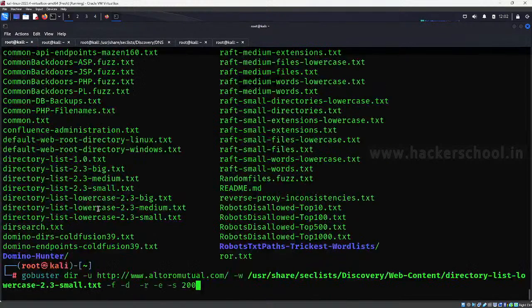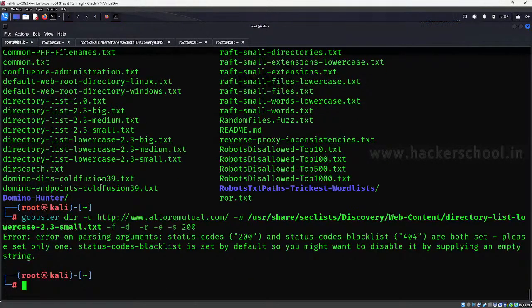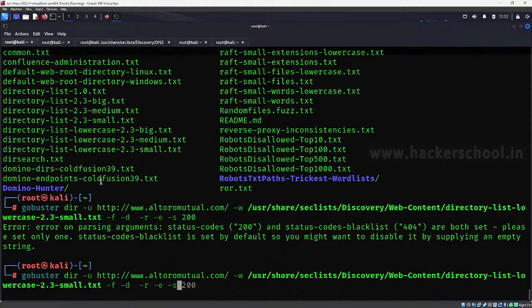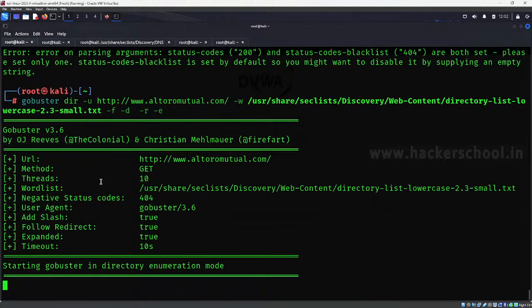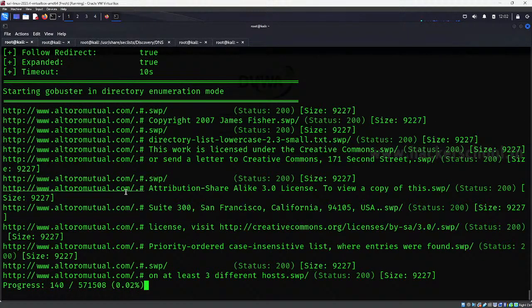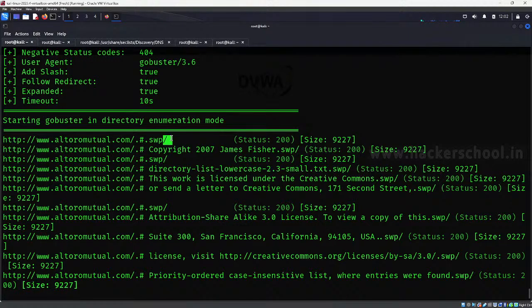Okay. So yeah, let's see. Now if I hit enter, we have some. Okay, 200. Okay, it says it's already there. You don't have to specify that manually. It's already there. That's good. So I don't have to mention only show me 200. By default, it shows 204, 404. So if I hit enter, now you can see, slash is added, and also it is looking for